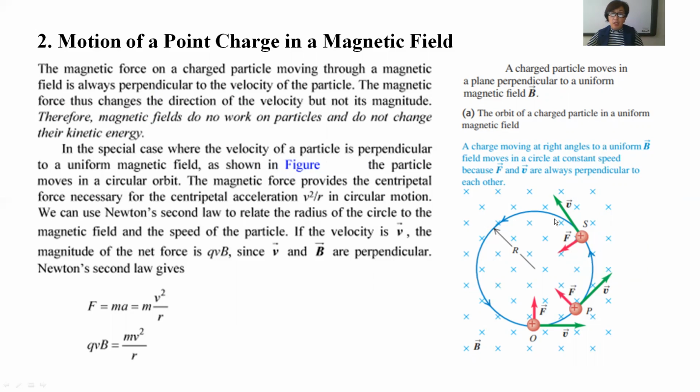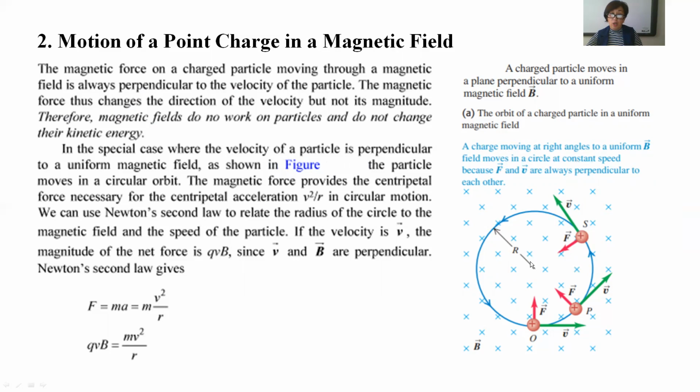Here is the direction of the charge moving at right angles to uniform B, and this is the direction of the uniform magnetic field lines. The particle moves in a circle with constant speed, because B and velocity are